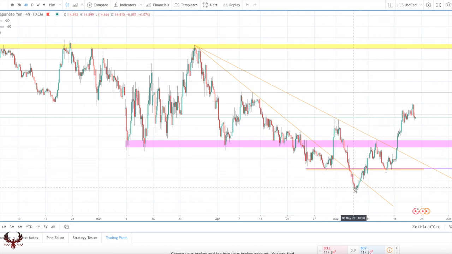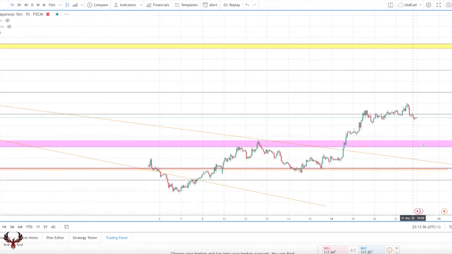Now as you can see, price has broken out of the inner trend line, but is still trading below the outer trend line. But what this means is it's just taking a bit of time, but we are expecting the trend to change. So then if we go down onto a lower time frame, like a 1 hour,